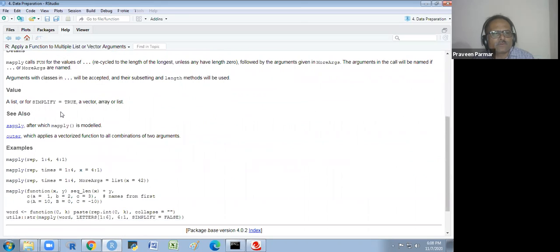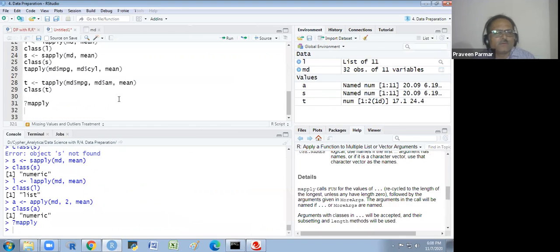So I will show you this. We have not used mapply, we don't use it, but I just run it so we could see.